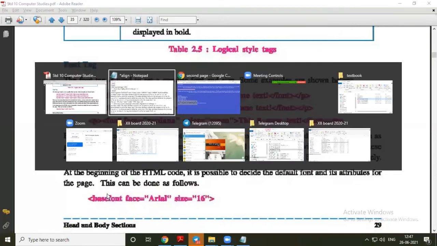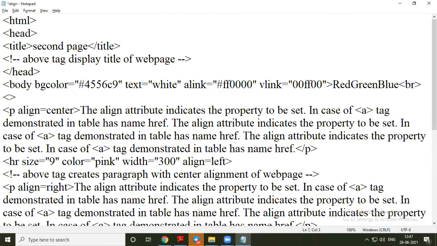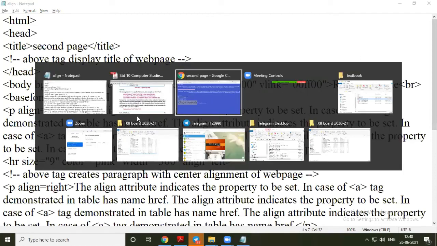After the starting body tag, whatever tag we are using, we have to write it after the body tag only. So in the second line, I am using basefont, then space font equal to this font that I have written, that we have used recently with the font tag.